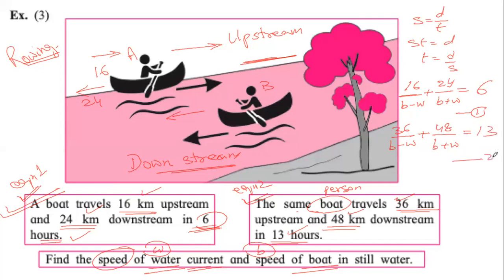Thank you very much, Aarti. I'm so happy you are now bold enough, courageous enough to answer without fear. And it is correct. Upstream, the speed is decreasing. Downstream, the speed is increasing. Distances are very clearly given, 36 and 48. Using the same logic, we make the second equation.